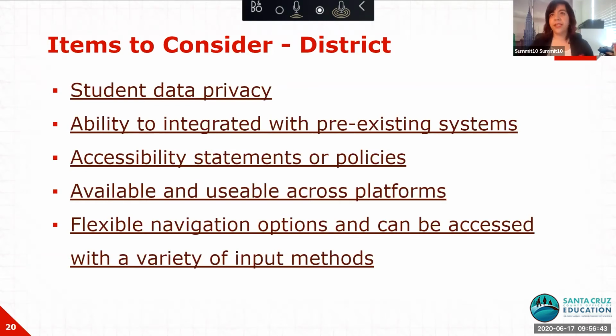So that's why it's important that as districts and county offices and people that are providing tools, we work on making sure that accessibility is thought of and built in from the start. And it's also something where if you're currently using a tool and you look for accessibility statements and you don't see them, push on that company and ask, where is it? And if they don't have it, tell them they need it, especially if you're paying money for the tool,